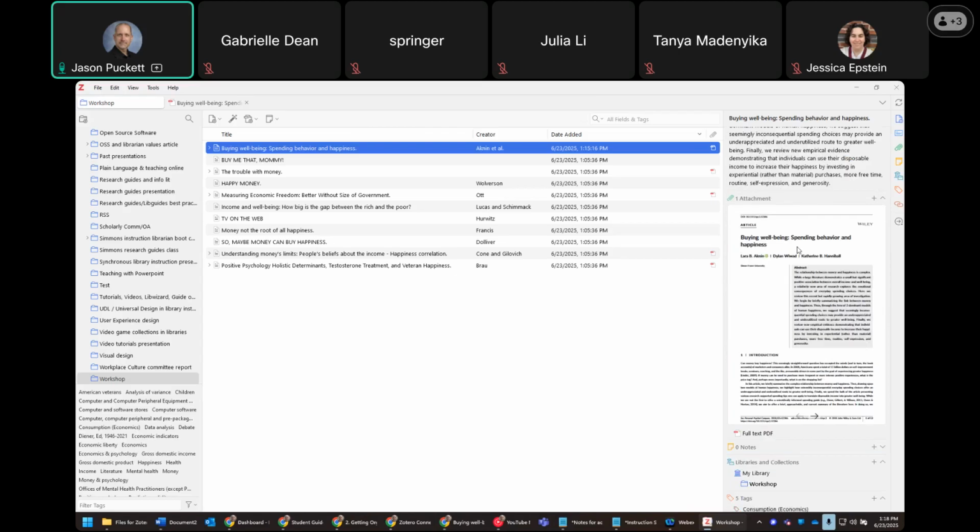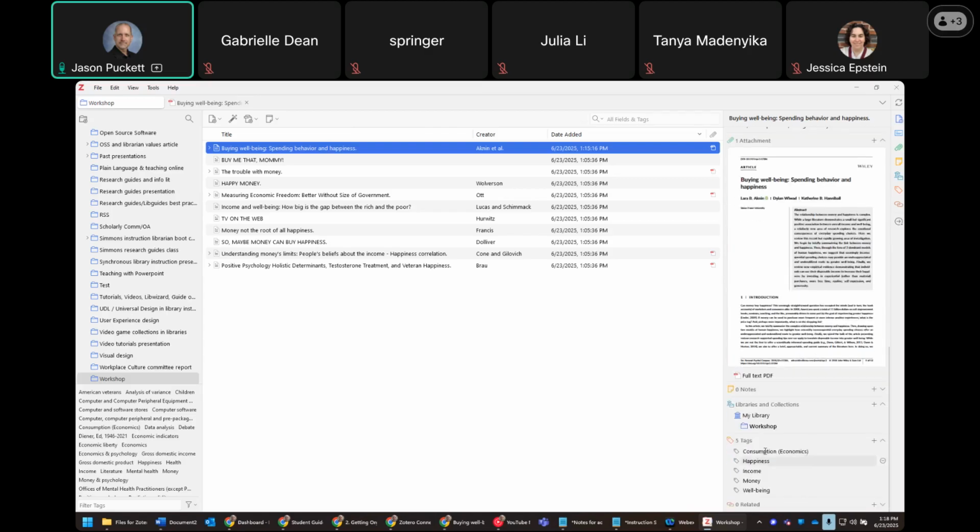That is, there could be other kinds of attachments. You could attach an audio recording or a PowerPoint file or anything you want, but it's typically going to be a PDF. It saved these tags, which I mentioned earlier, and these are just the subject headings from the